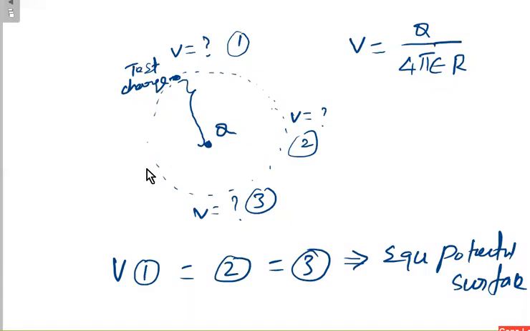But at this point, please note down: what is an equipotential surface? The surface on which the voltage is always the same. If you are getting the same voltage, then the potential difference is zero. You measure the potential difference between point 1 and 2, definitely that is zero. That is why the definition is given like that. Can I draw one more equipotential surface like this?